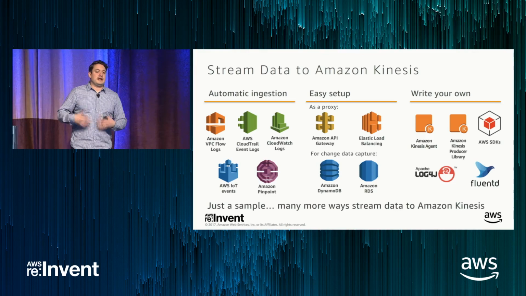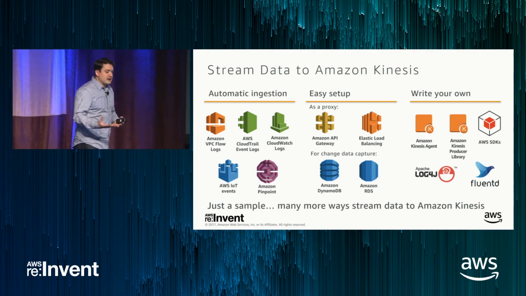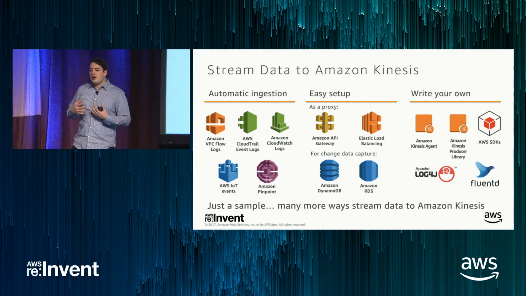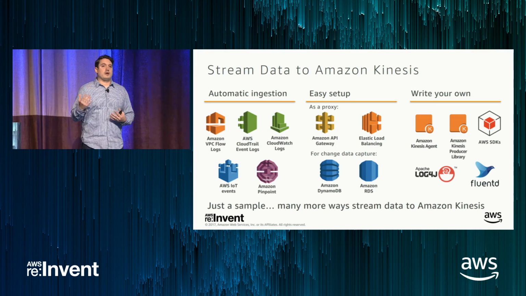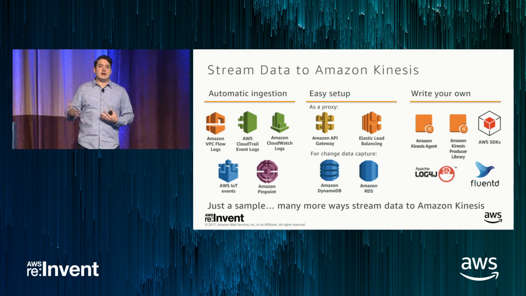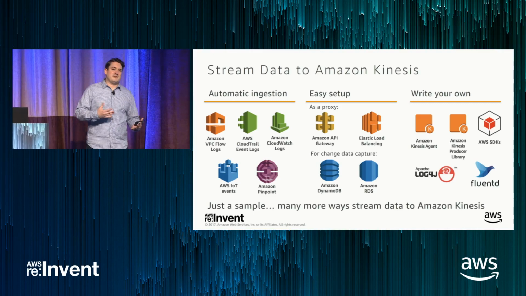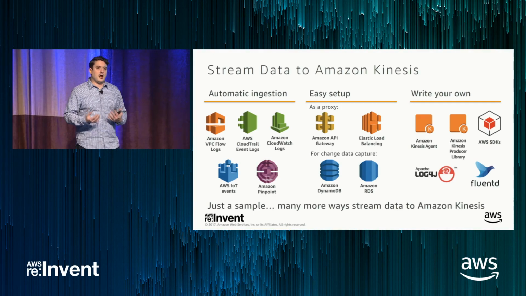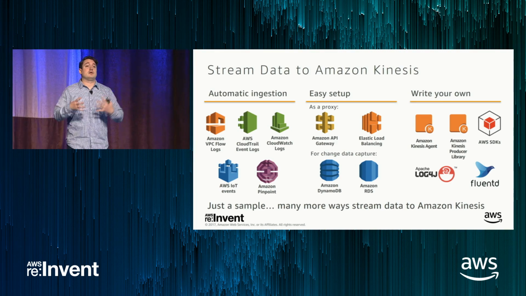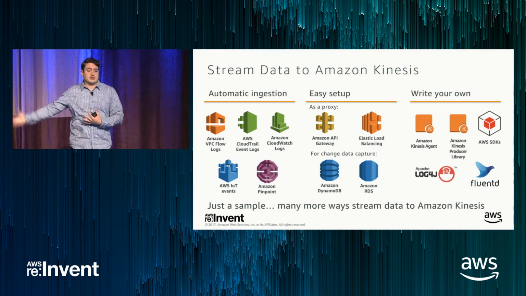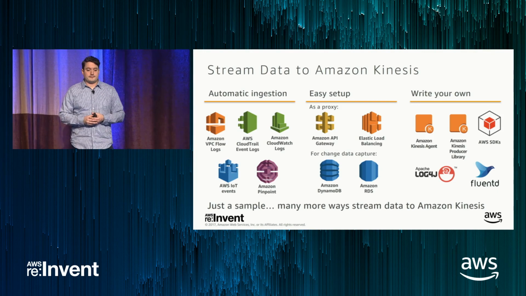The next is sort of easy setup, some very common patterns that we see. Since Amazon API Gateway has come out, a very common pattern is just using API Gateway to forward data to a Kinesis stream. ELB is also used in this scenario, and sometimes they're backed by Lambda functions or EC2 instances, sometimes they're not. Meaning you'll have API Gateway, which will send data to a Lambda function, which in turn will send it to a Kinesis stream. Some customers skip the Lambda function, some do not.